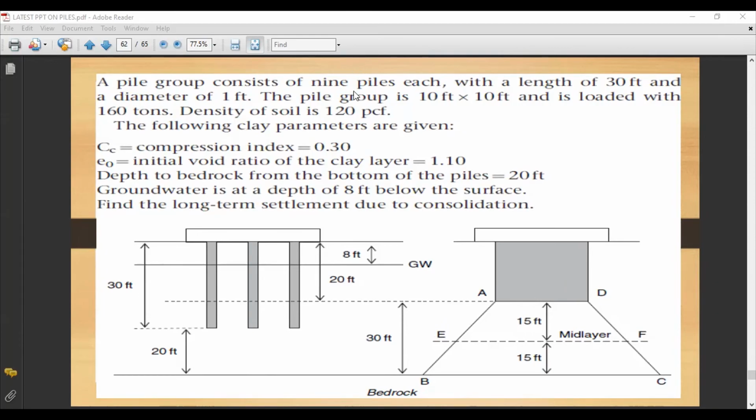So in the solution, it was 0.3. Yeah, that is wrong. Anyways, the entire solution you need to do on your own, because anyways you are not going to do anything with feet, right? Otherwise, you can just straight away change everything and find it. The settlement is supposed to be in mm. That's it. So your final settlement is supposed to be in mm.